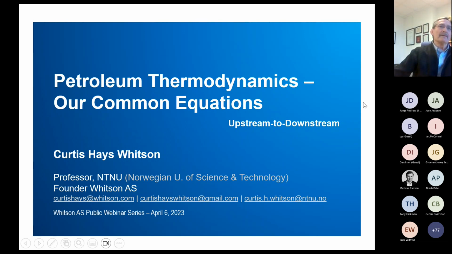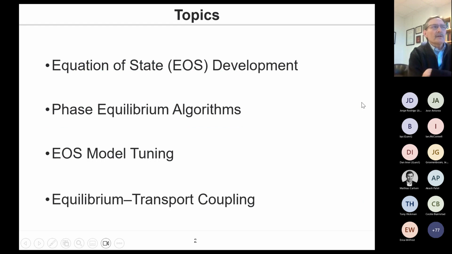So we'll get started on this. The four topics I wanted to just touch on were the development of equations of state that I think we're all a bit familiar with, some more than others. And then how to solve those equation of state